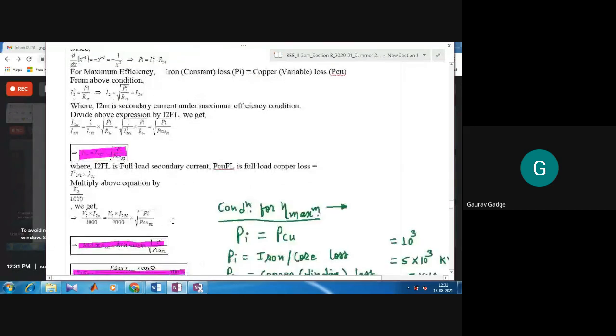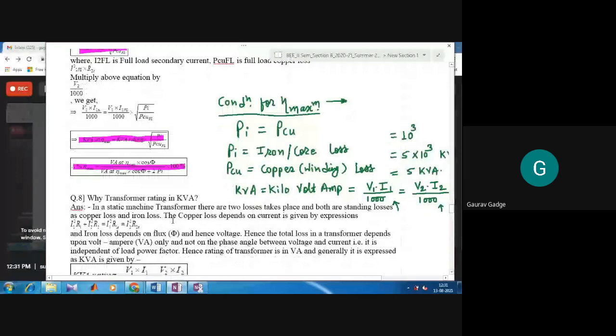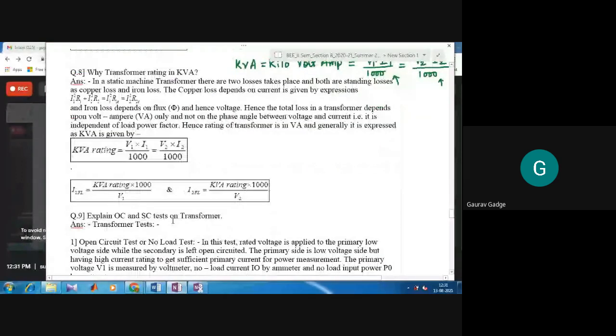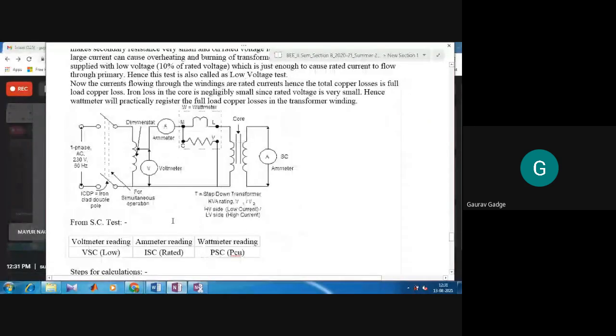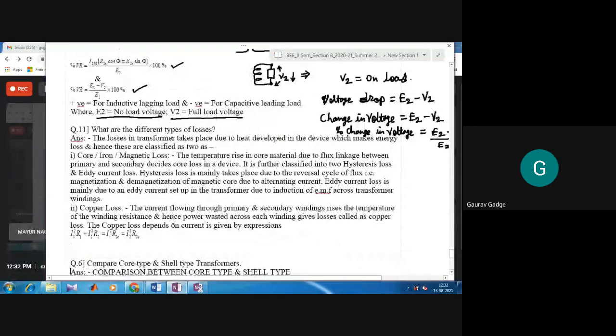In fact, it is quite impossible to discuss this subject within a period of 2 hours per week. It needs more than 4 hours per week if we really want to understand the fundamentals of electrical engineering. But somehow I have managed the discussion. All the topics are discussed in the classroom. Now, from the last class, I just want to share the numericals.